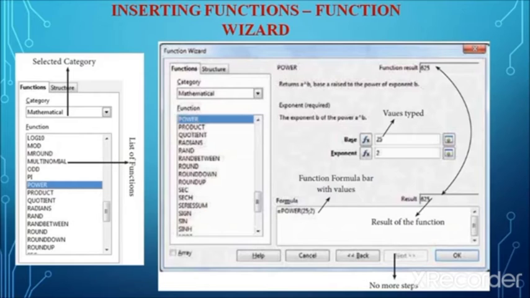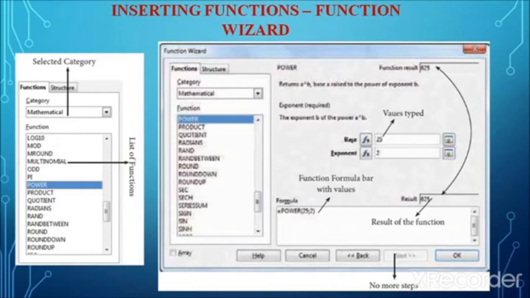There we will have two text boxes. First one is base value and then the exponent. These are the contents that are only related to the power function. For some other function, the input may differ and the text boxes may differ. For this power function, there are two inputs needed, so two text boxes appear.